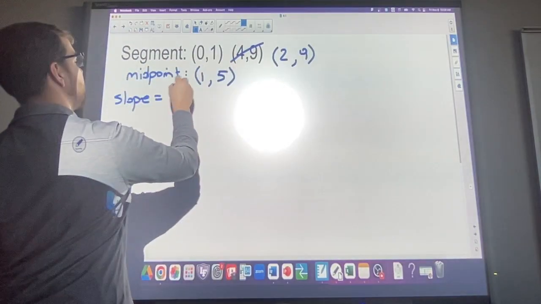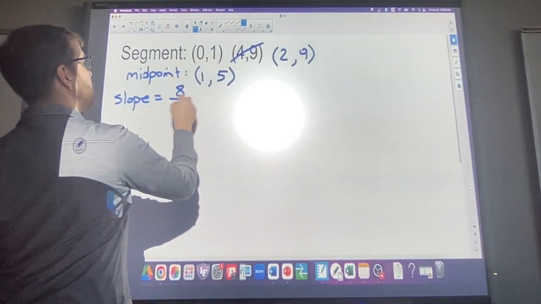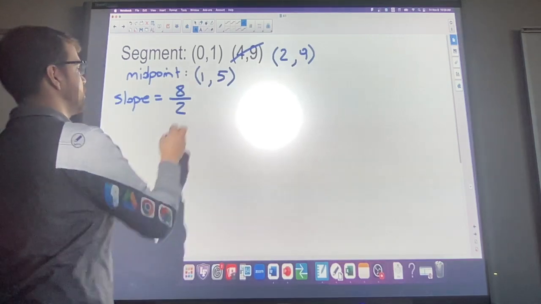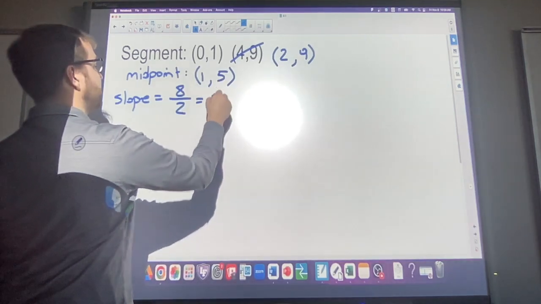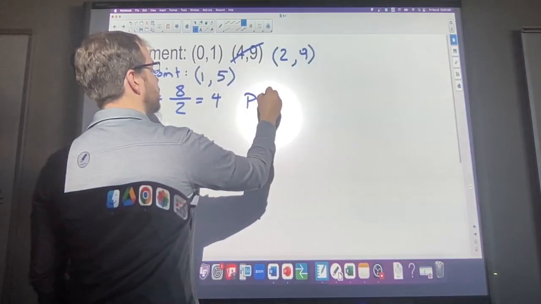Okay, my rise is 8. My run is 2. And that means my slope's going to be 4, which means my perpendicular